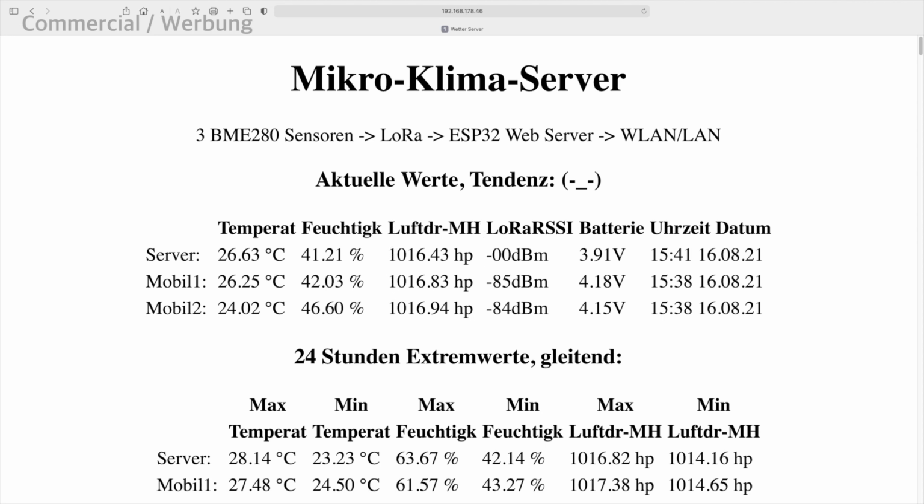Here are the LoRa RSSIs of the received signals, and this is the battery voltages. The last two columns are giving us a time and date stamp for each measurement. This is very helpful because in case of any failure, we have to prove whether our values are up to date or not. In my case, LoRa signal failures were very rare. Once it happened to me that a sensor ran out of battery. I could see from the last timestamp when exactly the last message was received from it.